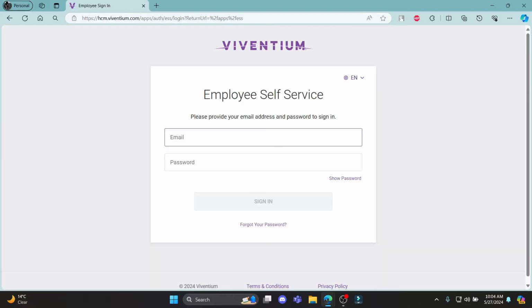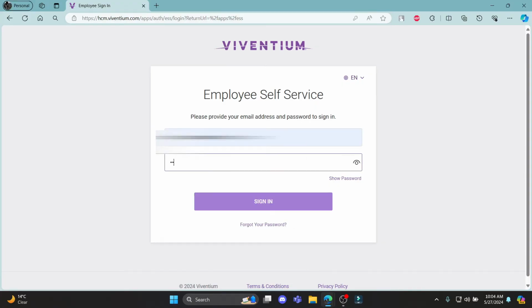So it is the same, it's just the email address and the password with which you have registered. So same goes for the client one. Go ahead and write down your email address in this first box and write down your password associated with your account in Viventium Payroll and check your account once and click sign in. This way you can successfully sign in to your Viventium Payroll account as well as your employee and your client